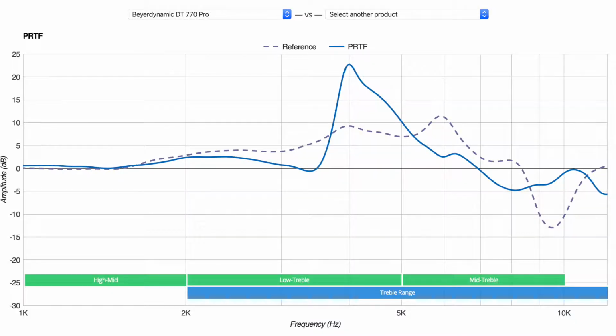So talking about closed back and open back, I want to also show you some graphs on the pinna-related transfer function, a comparison between closed back and open back. So let's look at a graph of the DT770 again. You'll see that there's kind of a spike that crosses the dotted line right before 1 kilohertz, let's say around 800 hertz. But it's much better than in-ears, but you can see how the fact that it's a closed back